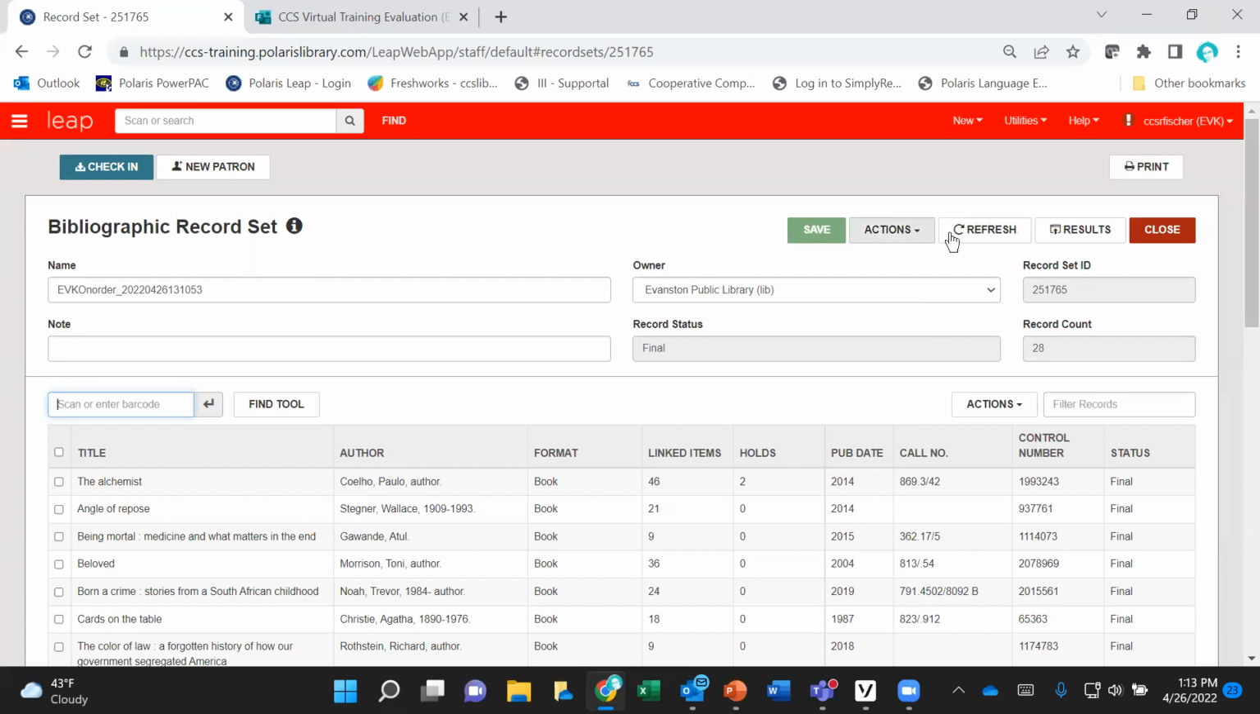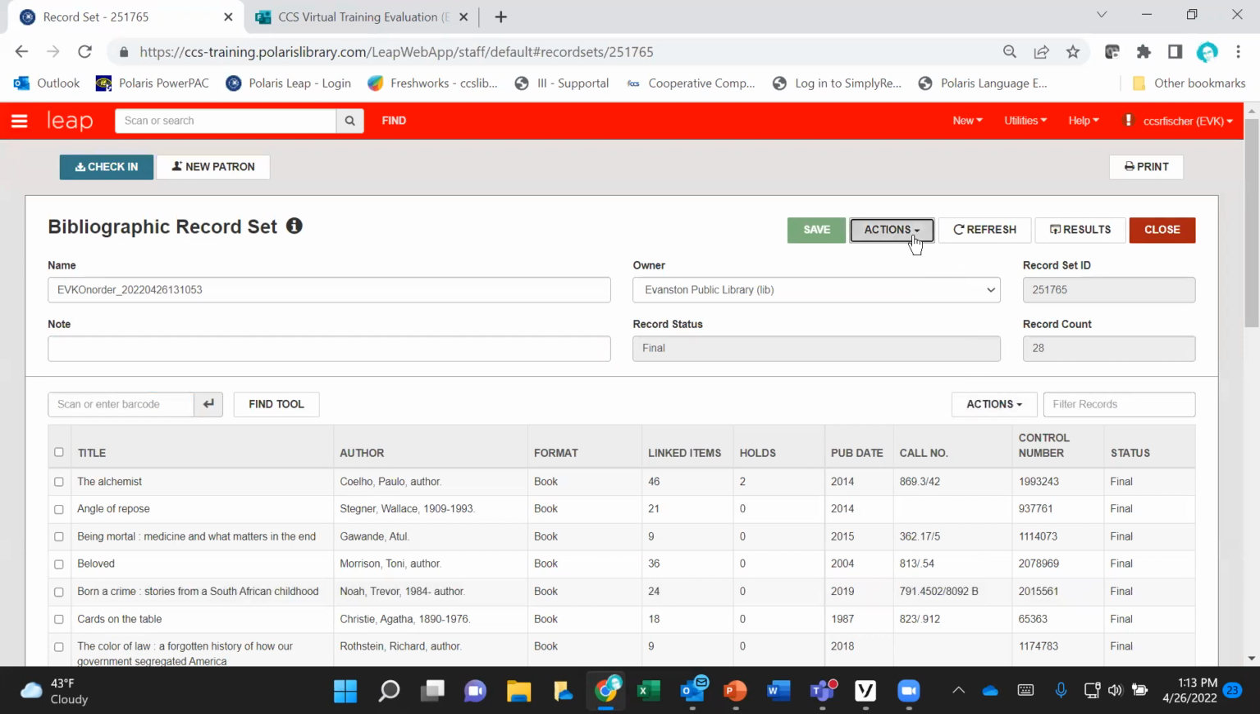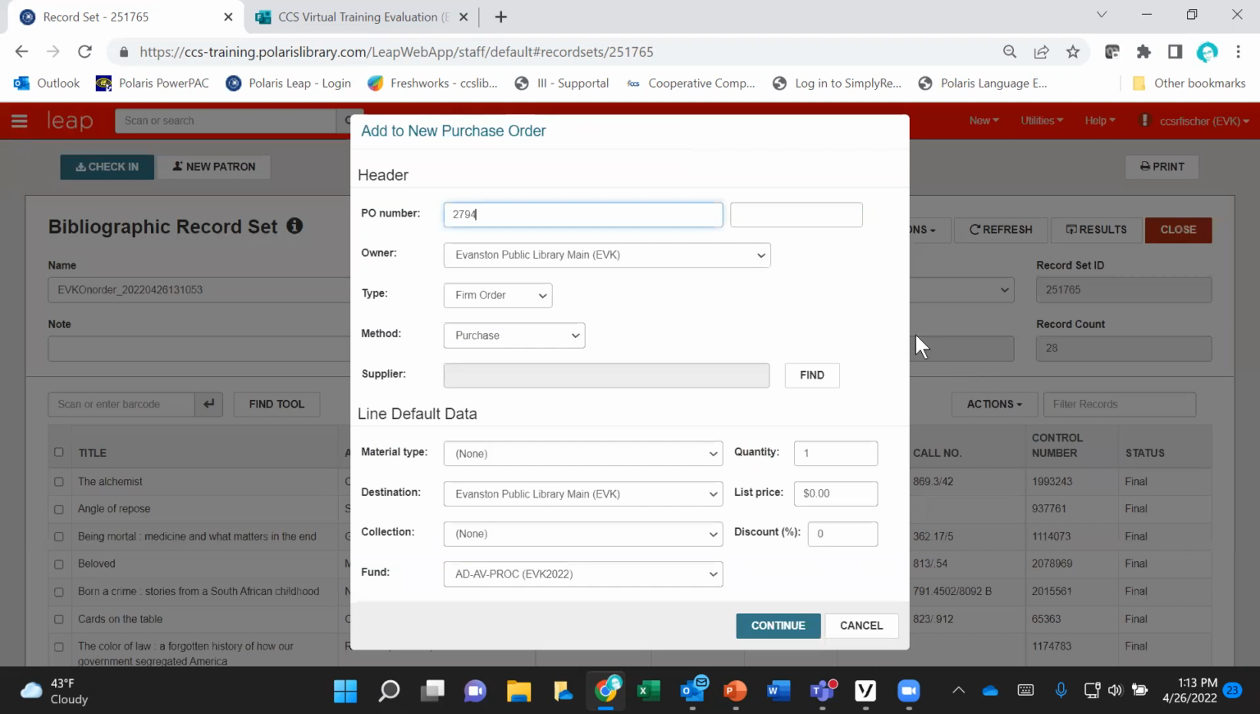So in our record set, we have 2 different actions drop-down menus. The actions for book adding to a new purchase order are in the top actions drop-down menu. You can book add it to a new purchase order or to an existing purchase order. If you choose to book add to an existing purchase order, it will open up the Find tool to find the purchase order. So I'm going to book add it to a new purchase order